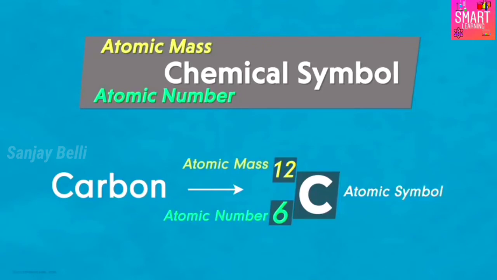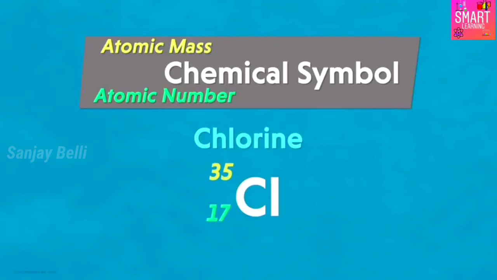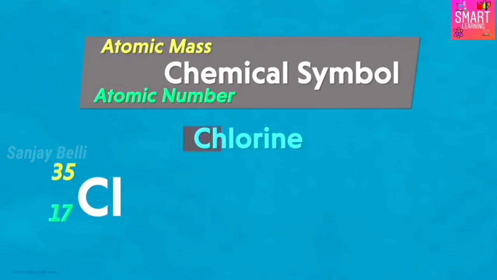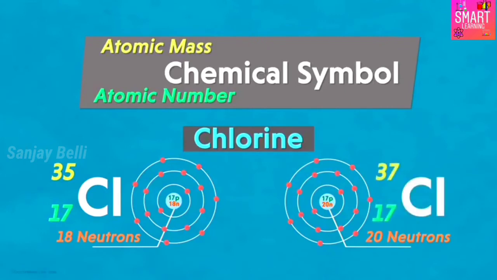Now, if another element, say chlorine, something like this maybe. Yes, one type of chlorine atom can be represented like this. Why did I say one type of chlorine atom? Are there more types of chlorine atoms? Yes, some chlorine atoms have 20 neutrons instead of 18 neutrons in the nucleus. Then how do we represent this type? Yes, just like this representation.